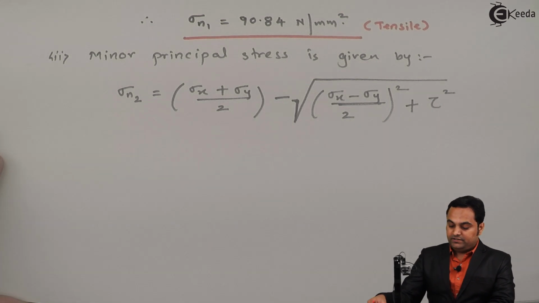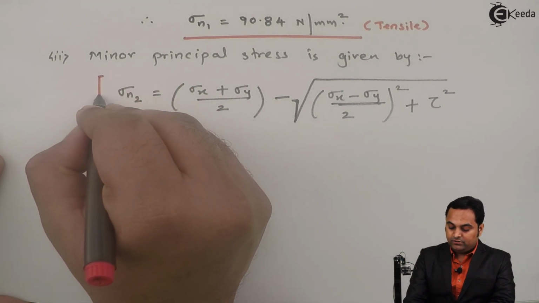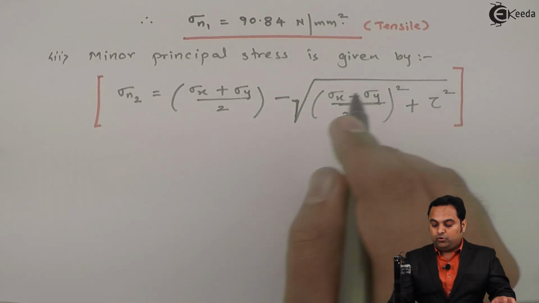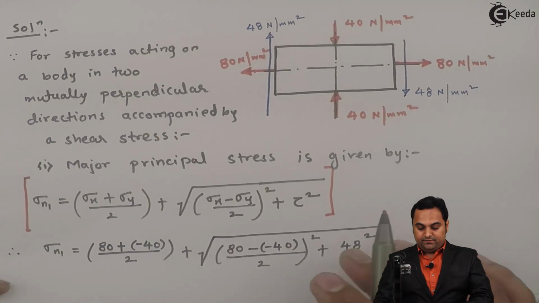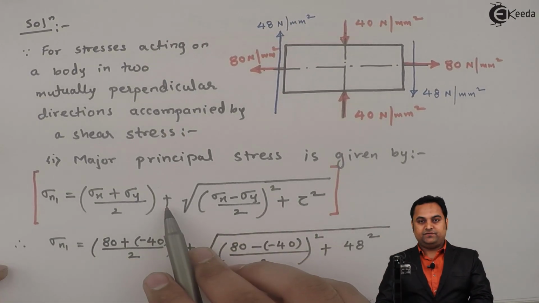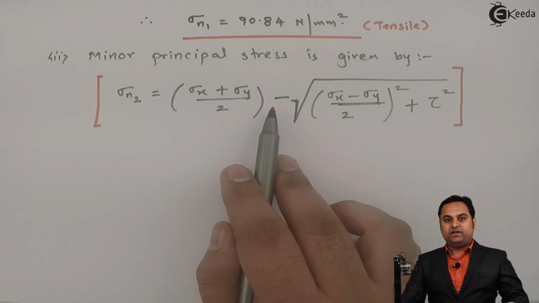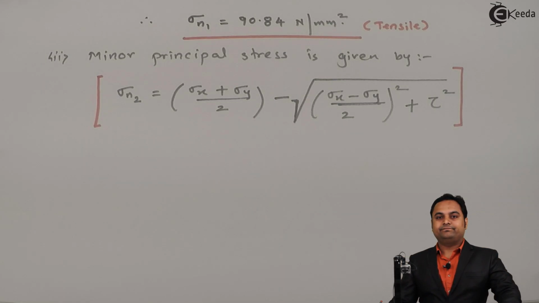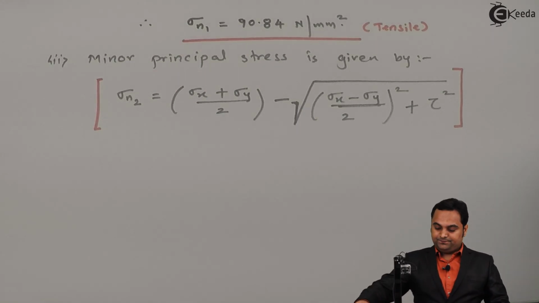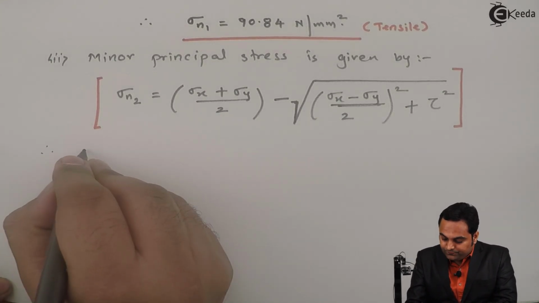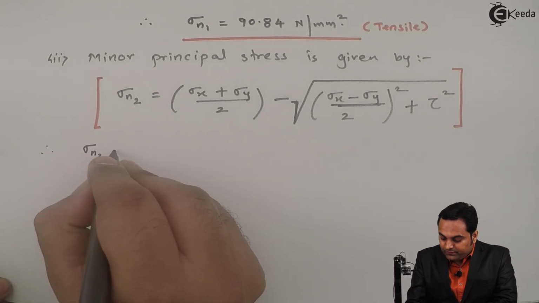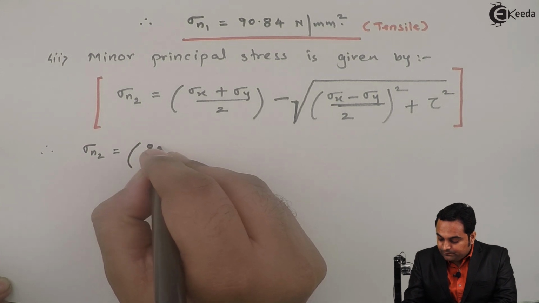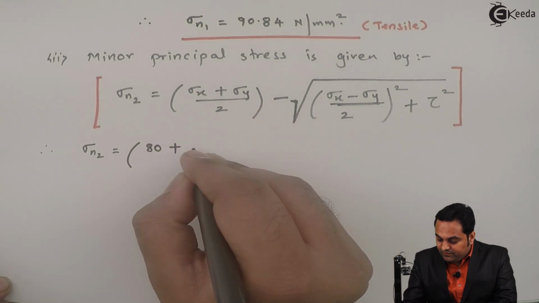So this formula is similar to the one we have seen for major principal stress. Only difference is, in major principal stress we were having positive sign, here we are having negative sign. Now we will put the values in this formula. Therefore sigma n2 is equal to sigma x, it was 80 positive, sigma y negative,